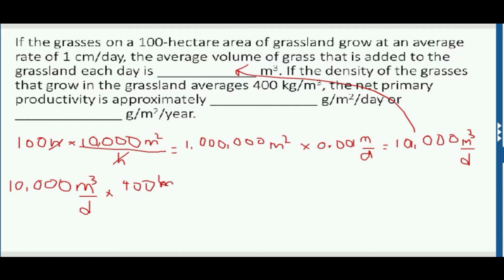This is going to allow us to get rid of our meters cubed. Get rid of this, get rid of this. Then we'll have